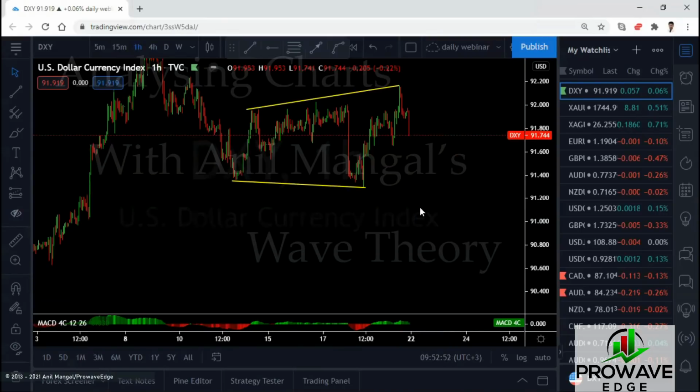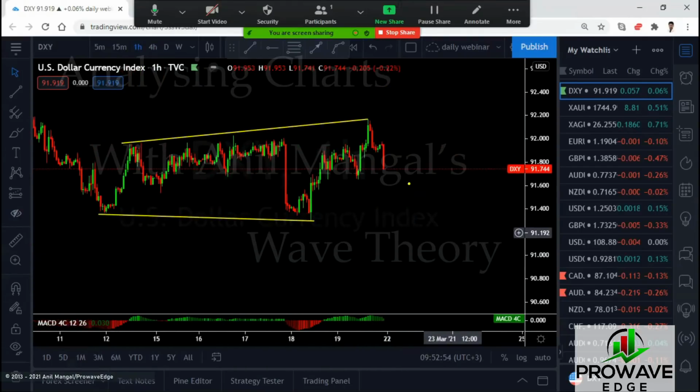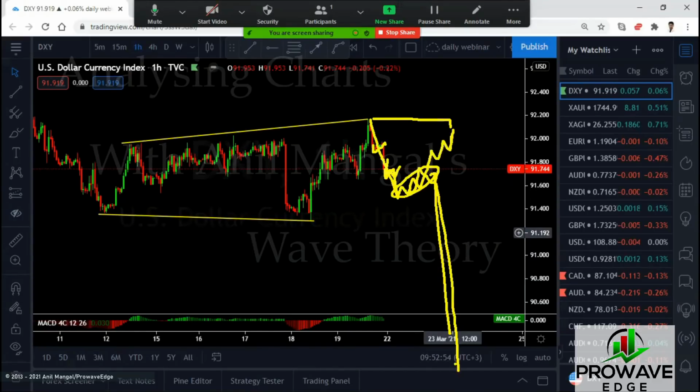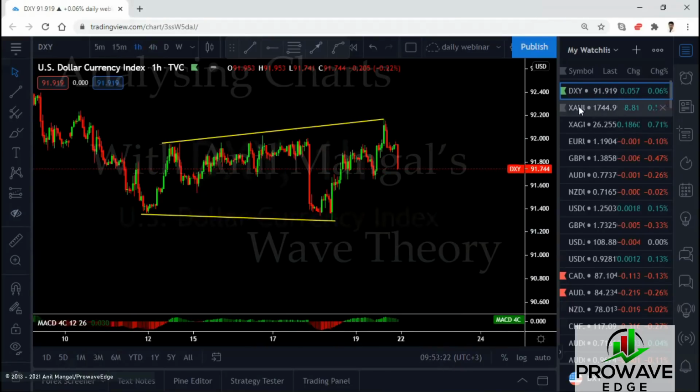See? Pretty easy. So if you're not in the trade now, and I guess most of you are not, what you would do is wait for this to make a flag. Eventually, they make a small one, and then they make a bigger one. If we get a bigger one in this structure, we look for a sell. As long as the bigger one does not go back to the top here, which means it doesn't consolidate back to the top, we look for a sell setup. So I think we're looking for a sell setup here, most likely in the US dollar.